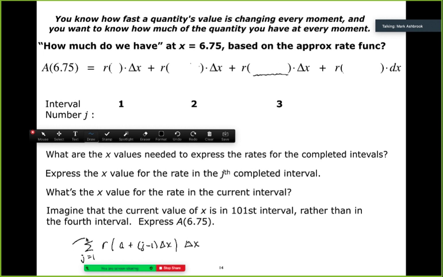And so this was something we hadn't done yet. This was to the number of completed intervals, right? So we have to figure that out. What is that? Because that changes with x. Every time x makes it through another completed interval, now there's one more completed interval. So this number of completed intervals is some expression of x, right? It's going to keep changing as x increases through the intervals. Okay, and then plus, we said,